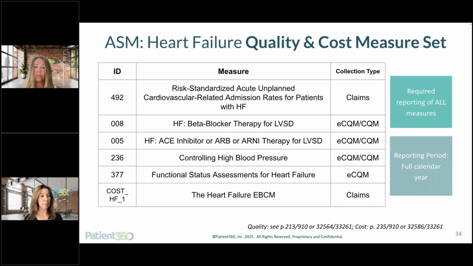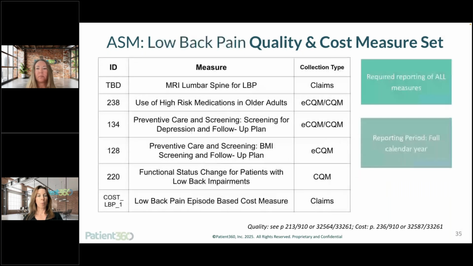Functional status assessment for heart failure is currently a process measure. It would probably continue to be a process measure for the first year in 2027, where you just say yes or no, we did a functional status assessment with this patient, but their intention would be to respecify it into a full-blown outcome measure, specifically a patient-reported outcome performance measure. And the heart failure episode-based cost measure is currently involved in the corresponding MVP, so it made sense to pull that over. If we move over to the low back pain